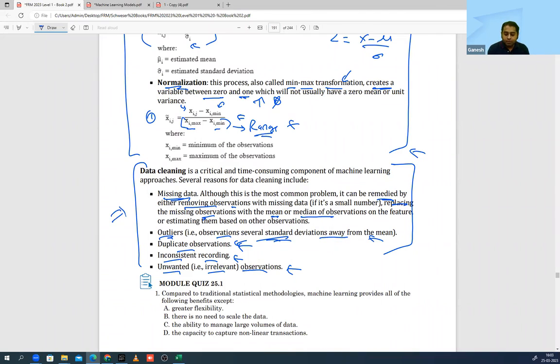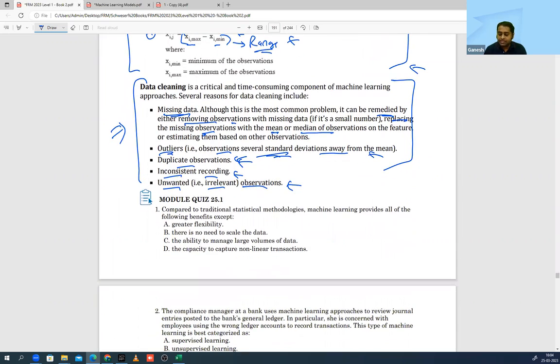So these are a few approaches for cleaning the data. Just have a quick read. I don't expect this to be important for the exam, but you should know it broadly, because this is common sense, right? Read this section. We cannot say how many questions will come. There definitely will be questions from this chapter, but we cannot predict because we don't have historical data, so I cannot identify the pattern. Okay, I'm assuming everybody is able to read that section.